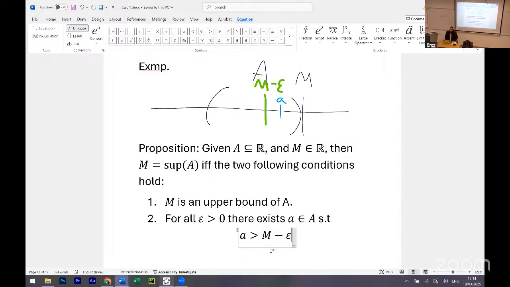Okay, so let's prove this. It's an if and only if, so I have to prove both directions. Proof. First, assume, that's the easy part, assume that M is the supremum of A. We will prove